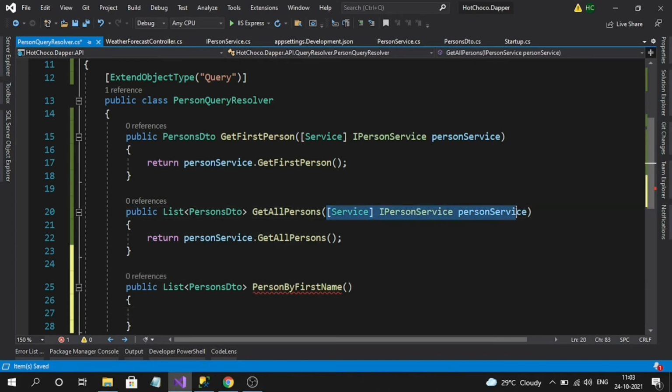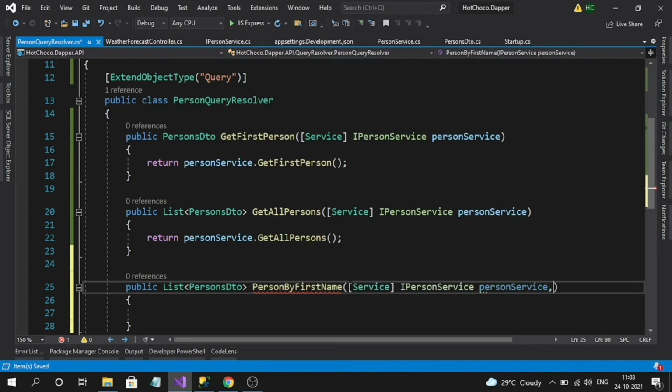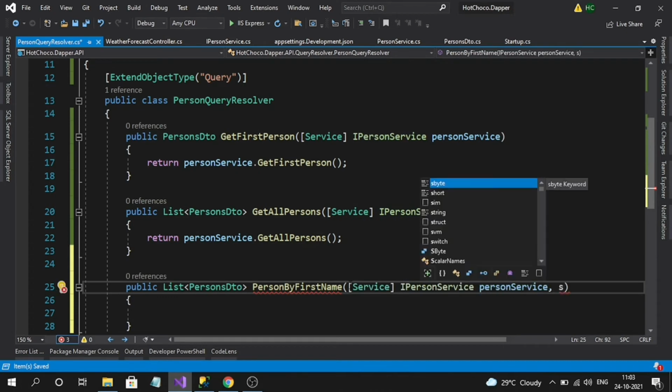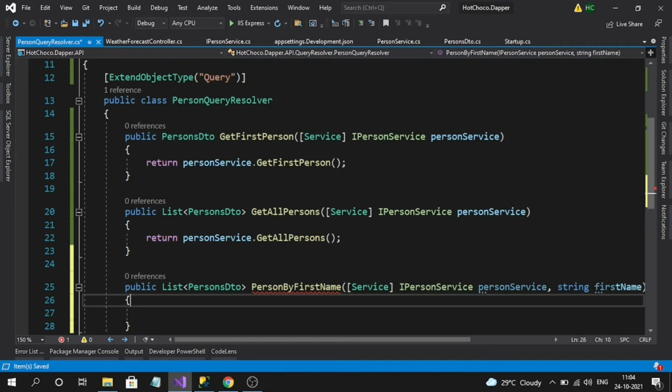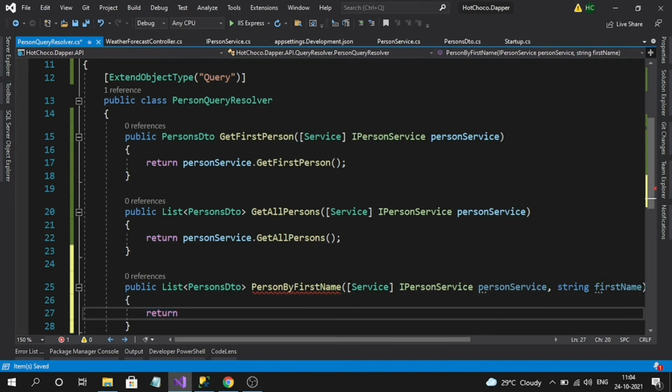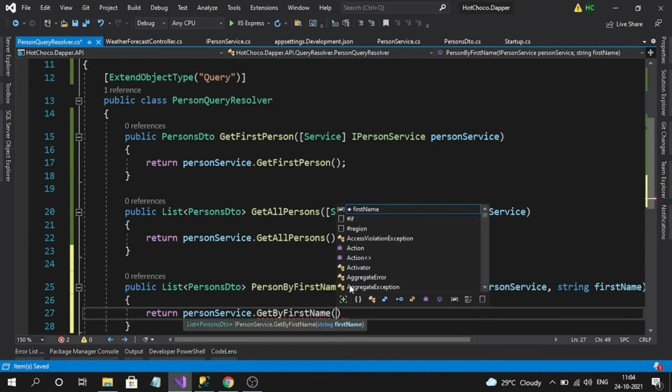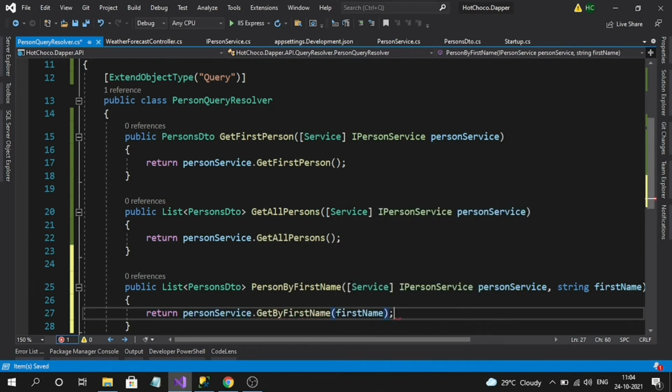As it is, let's inject the service, and the query parameter we are defining, we can simply assign it like one input value to the method. So string firstName. Okay, so here what I will do, personService and pass my firstName value. So let's run it and check how the IntelliSense will behave.